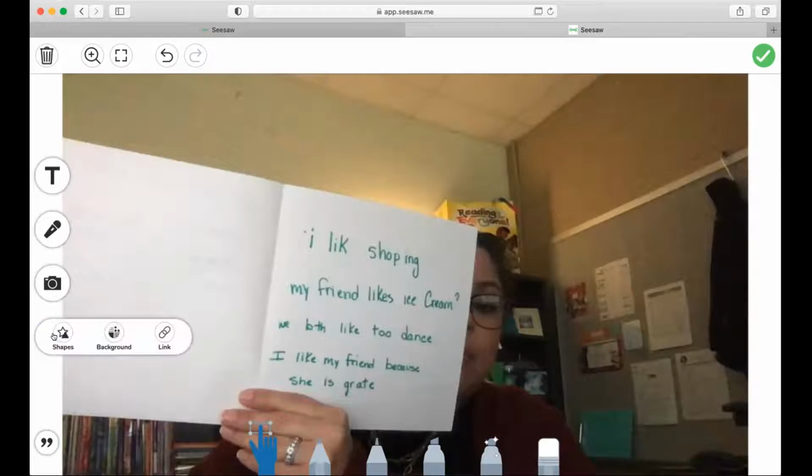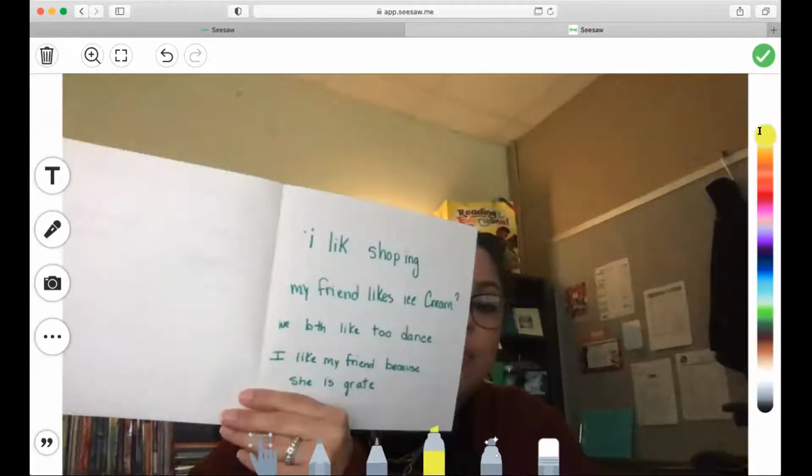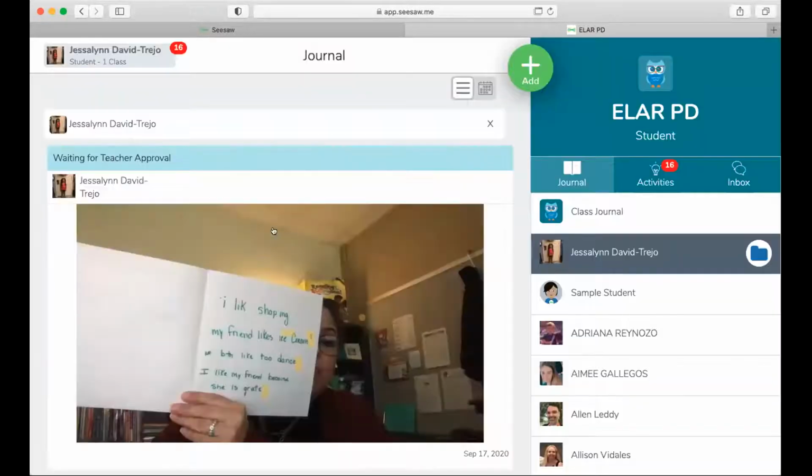If you tell them, "We're learning about punctuation marks, can you highlight your punctuation marks?" I can use these tools down here at the bottom and do that as well, right? So I have these choices here, and I can then highlight my punctuation marks. So there are all these different tools that they can use. Caption, they can also narrate. Once they're done and they want to submit, they hit the submit button, and that's it.